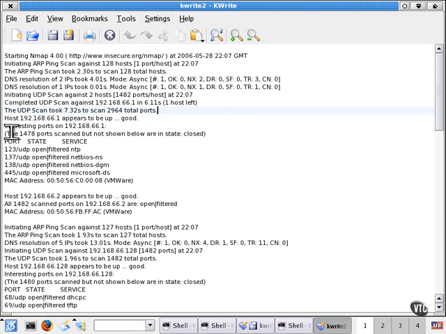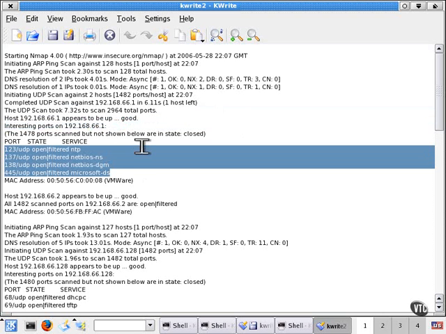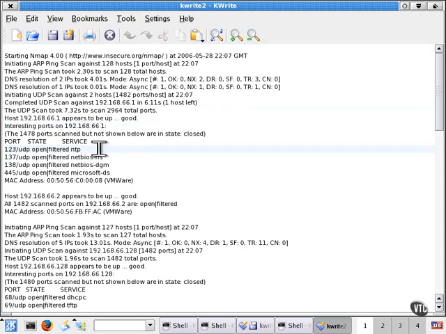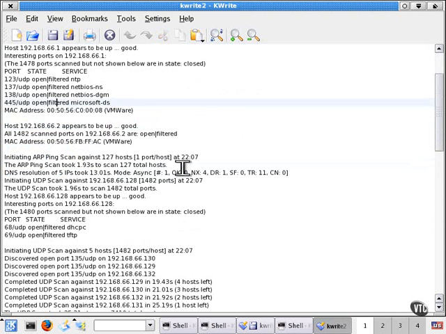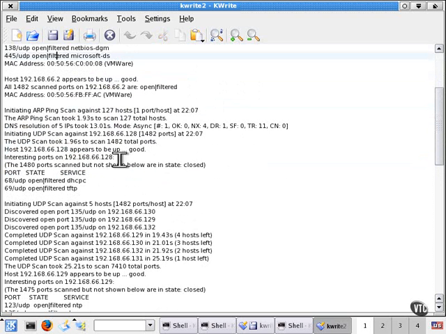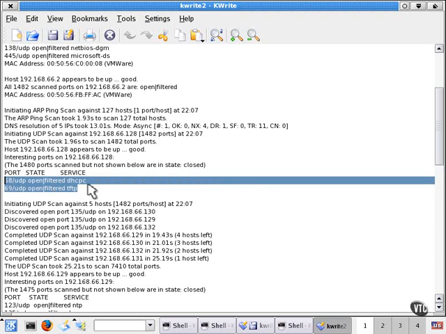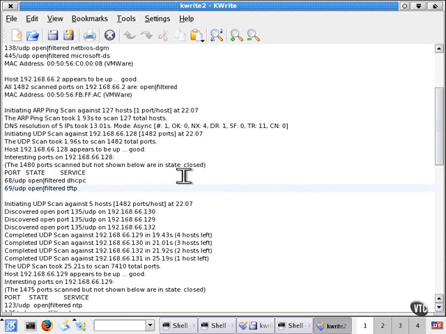We can see that on this particular host, .1, we can see various UDP style ports are open and offering their services, such as network time, NetBIOS name resolution, as well as Microsoft services. So if we move down a little bit, we can also see that we picked up another system, .128, which is running the DHCP client as well as trivial file transfer protocol. But one thing to keep in mind is that there could be 100 other ports listening on this system that simply don't respond